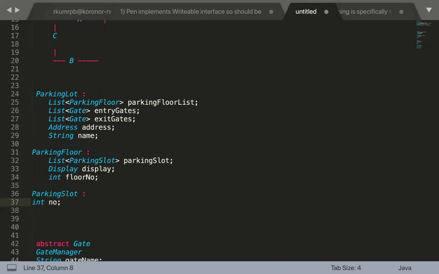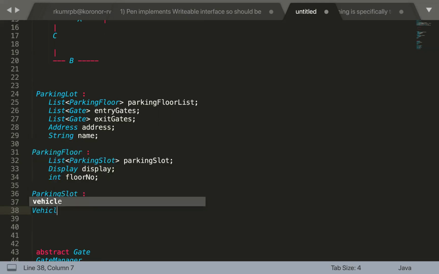And then what additional attributes should this parking slot have? Total number of slots, occupied slots, slots for a particular vehicle type. So see, what is this parking slot actually representing? Parking slot is a single slot. Correct. So you should not have multiple slots. Okay, so the vehicle type or something.